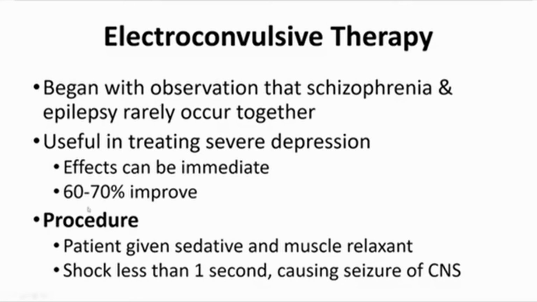ECT can show a 60 to 70% improvement rate in people. So if someone has severe enough depression, ECT can cause almost immediate improvement, and most people who go through the procedure end up improving. Now, current use of ECT, which is still fairly commonly used to treat depression, looks very little like